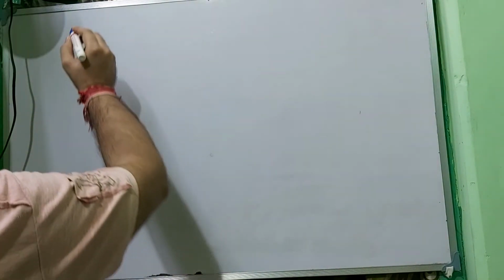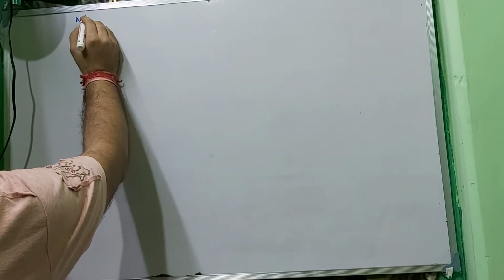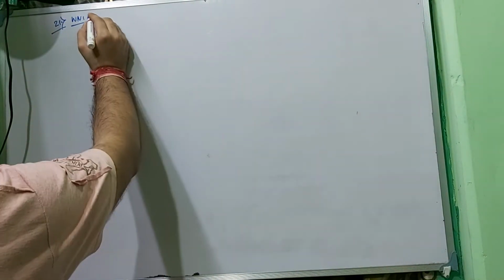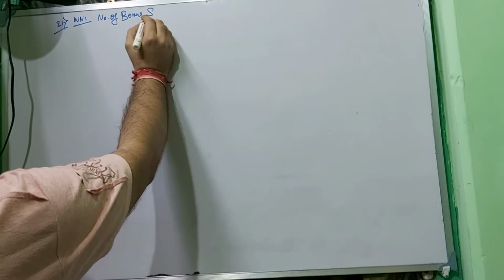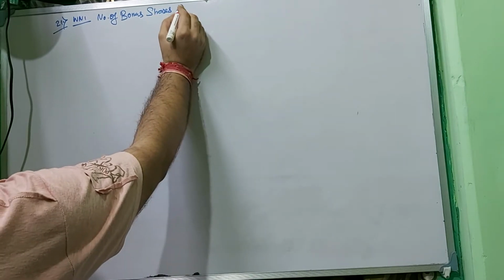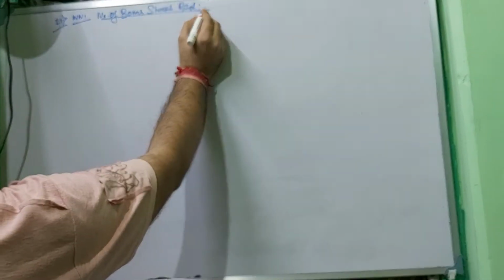First of all, I will do all my workings initially required. Then while doing the solution, whatever the workings will be required, I will be doing below. Okay, so I start doing it. First of all, it's working note 1. This is sum number 21. Working note 1: number of bonus shares received. How much bonus shares has been received?